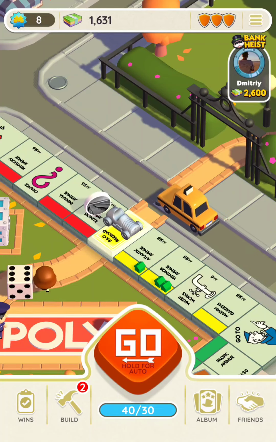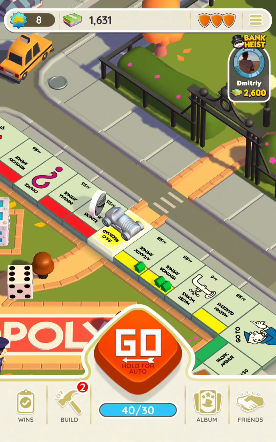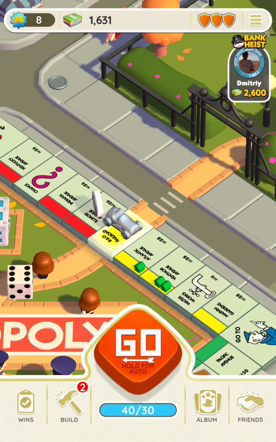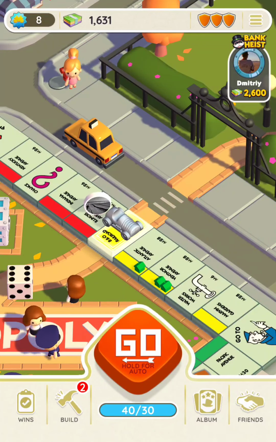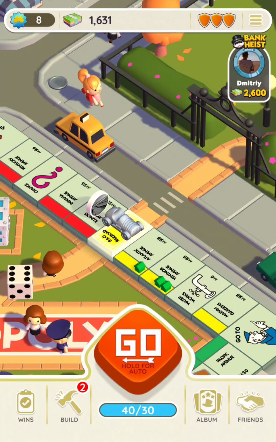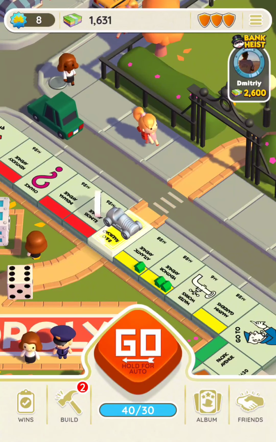In this video, I'm going to show you how to invite friends on Monopoly Go. To get started, the first thing that you'll need to do is to open Monopoly Go on your device. Now in here, go ahead and click on the friends icon, which you'll find at the bottom right corner of